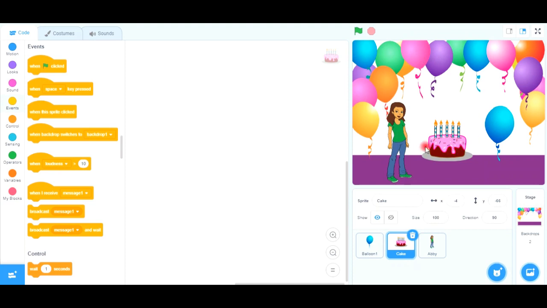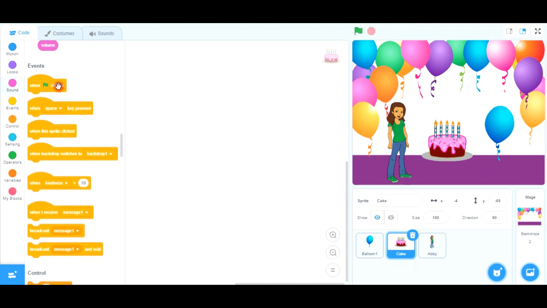What we want is that whenever we click this green flag, then the birthday music should start. Okay. So let us start with events. Here I am having the events over the code area. You can see the yellow event is there. Okay, so whenever the birthday party is clicked, at that time there should be the playing of the music of the birthday party.